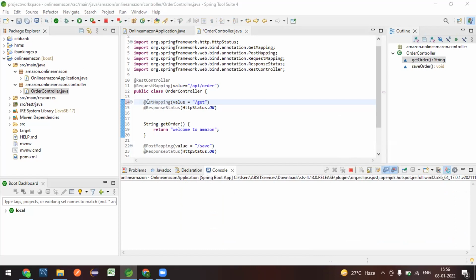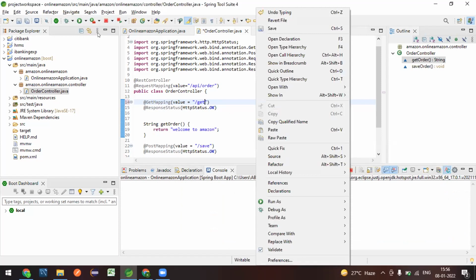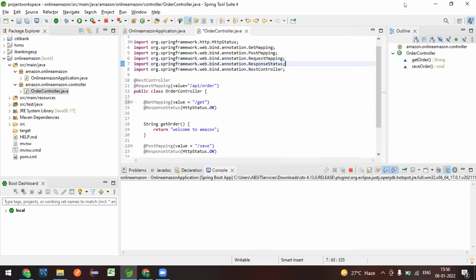Where will you do restart? Under run. Pull the arrow button. Under run, go to top. Under run, run. Navigate, search, project, run. Pull the drop down.